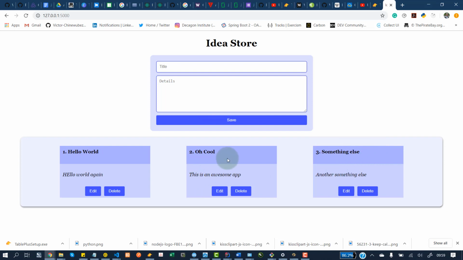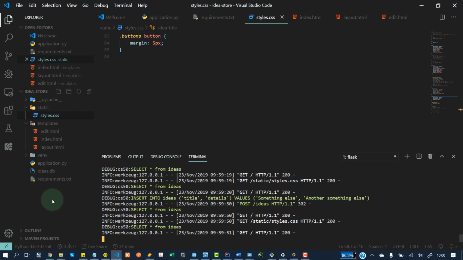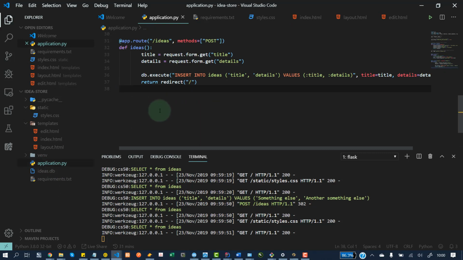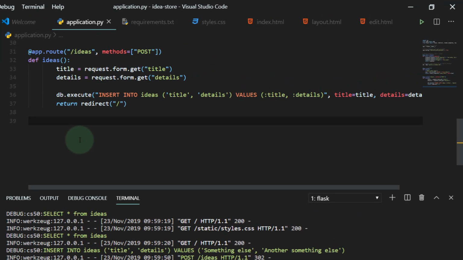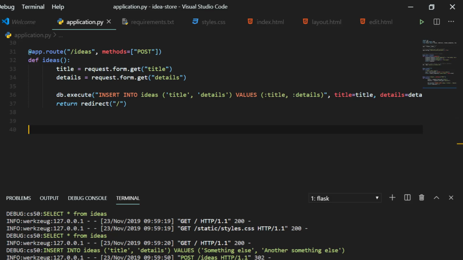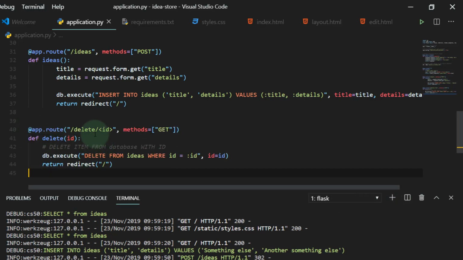All right, so this is cool. Okay, so the next thing we're going to do is to actually do our delete route. So let's go back to VS Code and let's go to application.py and let's create a delete route. Okay, so as usual, we just copy and paste. I'll explain what is going on, but because of time, yeah, so I'm saying basically at this route, mind you, I am passing in an ID dynamically,